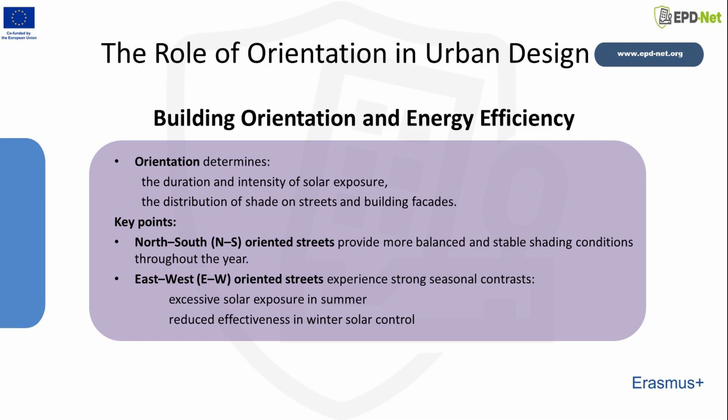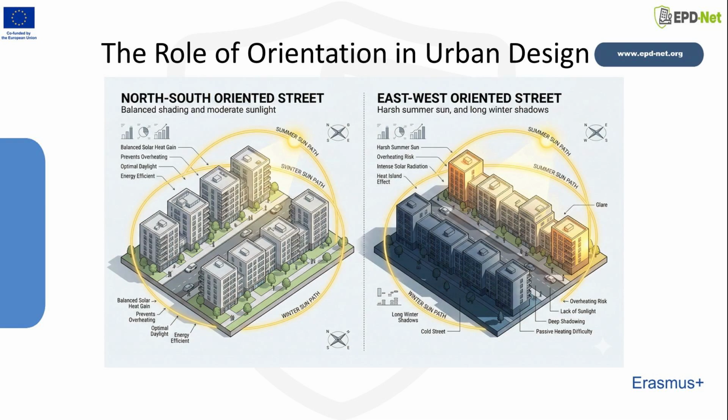In general, north-south oriented streets tend to offer more balanced and stable shading conditions throughout the year. They receive moderate sunlight, avoiding overheating in summer while still allowing winter sunlight to penetrate. Meanwhile, east-west orientations experience stronger seasonal contrasts. They tend to get too much sun in summer, which can cause overheating, while in winter, controlling solar gain becomes